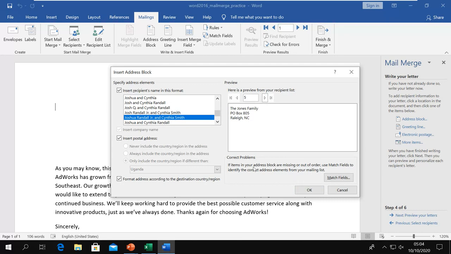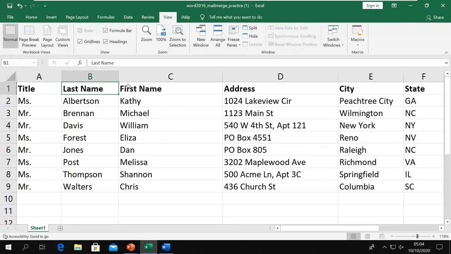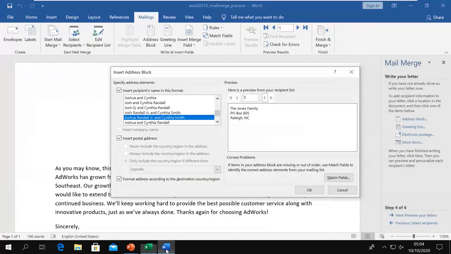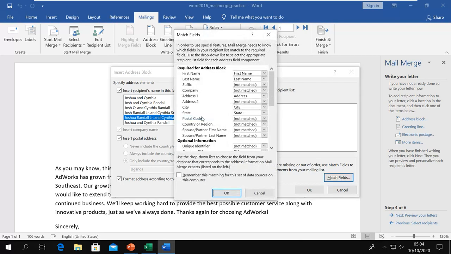And remember, I told you that if it is not properly matching, if you don't have a header row like this, it could sometimes mismatch. So you can manage that by using this match fields option, where you can manage those fields, like what is the last name, what is the first name, and here it is showing your file name.